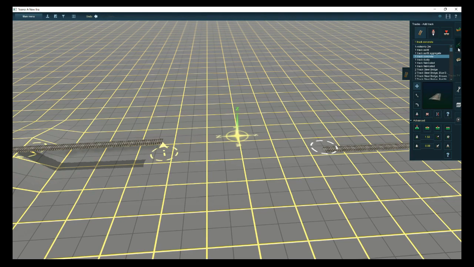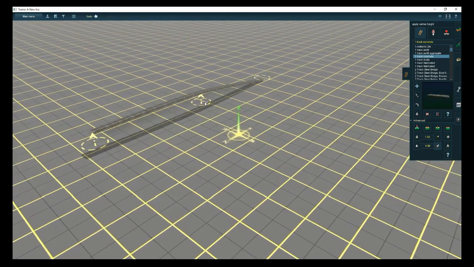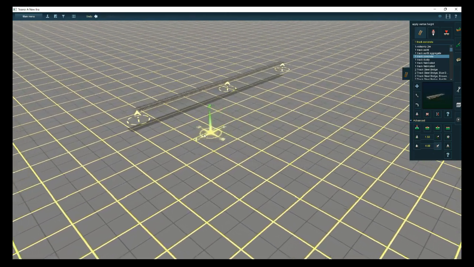We'll bring up a bridge. You'll notice that we need this side to be the same height as this side. To do that, we just go down to get gradient. So you get gradient, click on the spline, and get the vertex height as that one, and then you click on that particular spline. It comes up as 4.80, as you can see there, and to apply it to that side it's just this button here, and as you can see I've already got it there, and I can click it on those three,